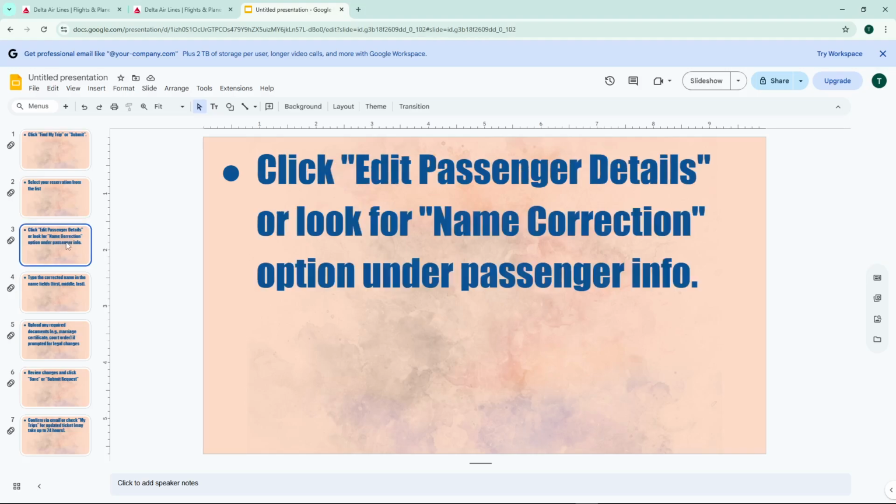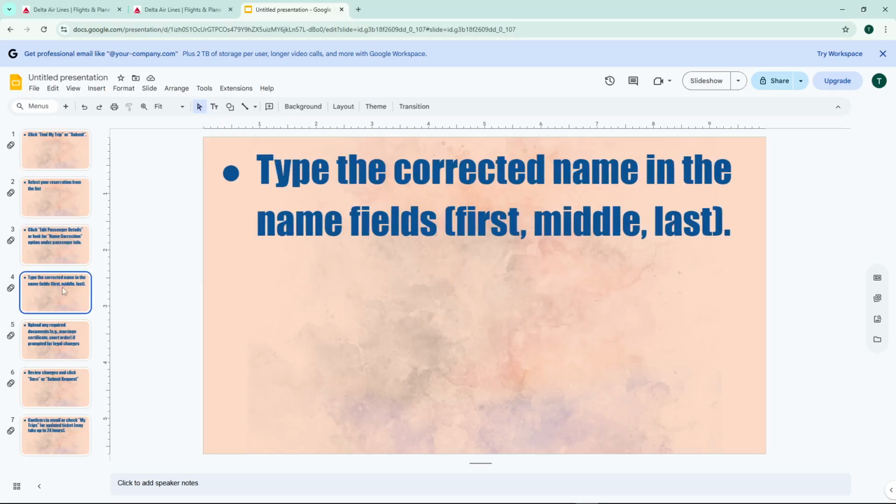Look for the section that allows you to modify passenger information. You'll want to click on Edit Passenger Details or search for a name correction option under the Passenger Info section. This is where Delta allows you to make changes to the name on your ticket. When the name fields appear, carefully type the corrected name into the appropriate boxes for first, middle, and last name. Be extremely careful here to ensure everything is spelled correctly and matches your identification exactly, as any mistakes could cause